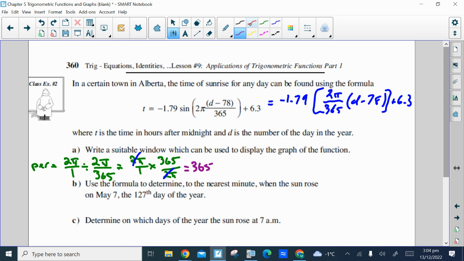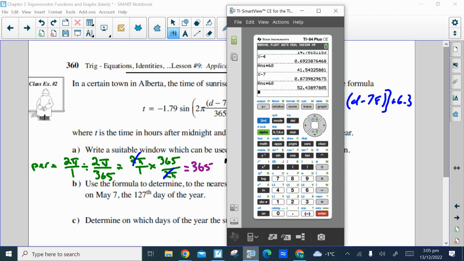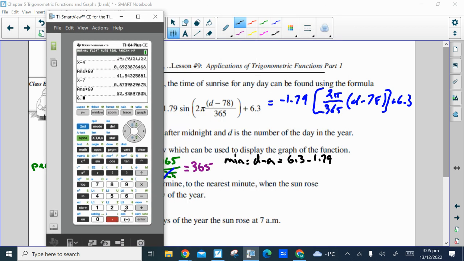And we also need to know what our max and min values are. Our minimum is d minus a. 6.3 minus 1.79. Our amplitude is 1.79. The negative in front tells us that the graph was reflected over the x-axis. The amplitude is the absolute value of a. So 6.3 minus 1.79 will give us our minimum value. So 4.51,